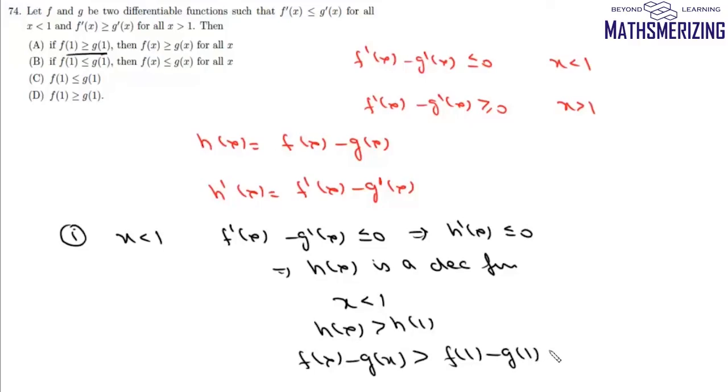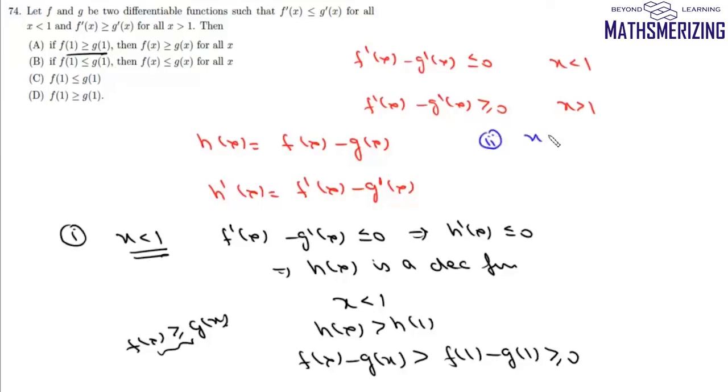If f(1) is greater than g(1), then f(1) minus g(1) is greater than or equal to 0. So from here we can say f(x) must be greater than or equal to g(x). So when x is less than 1, f(x) must be greater than or equal to g(x) if f(1) is greater than g(1). Now we'll take the second case